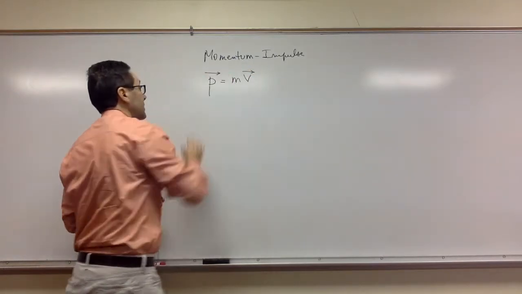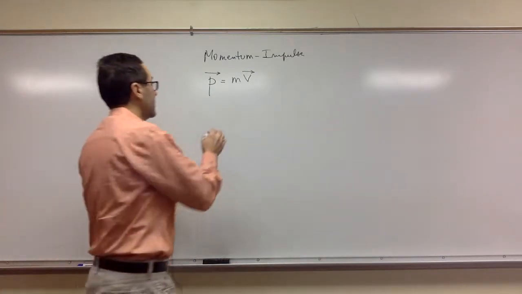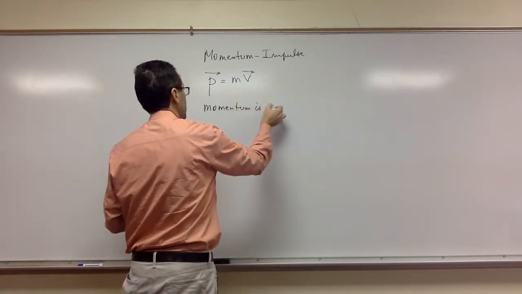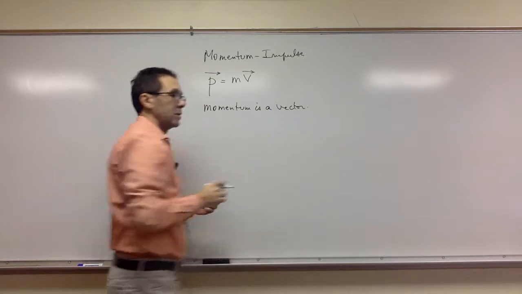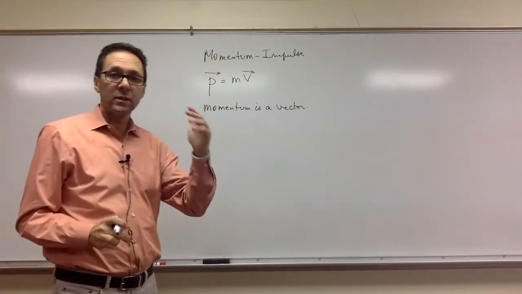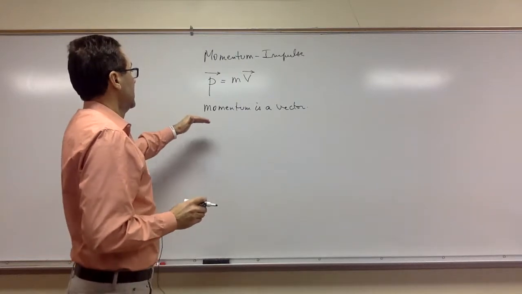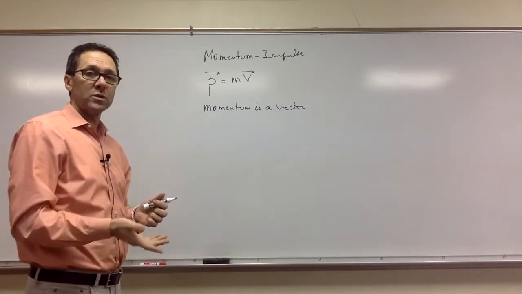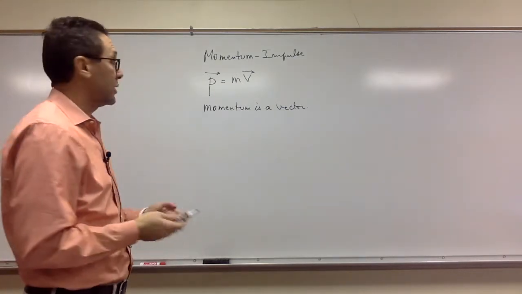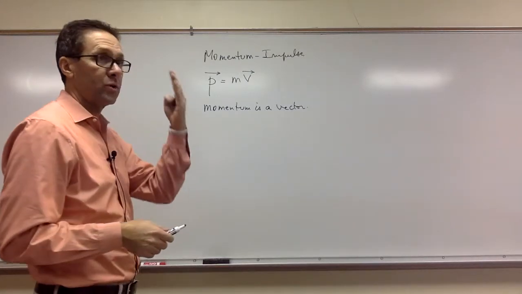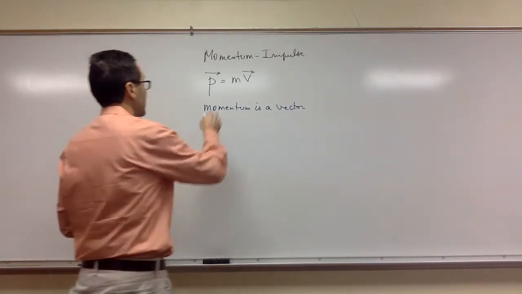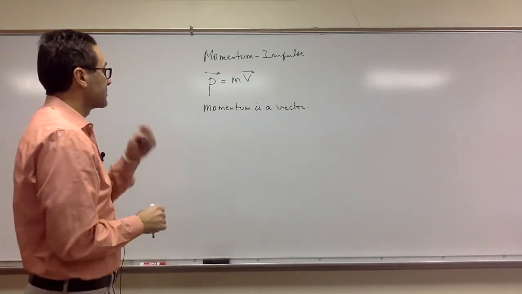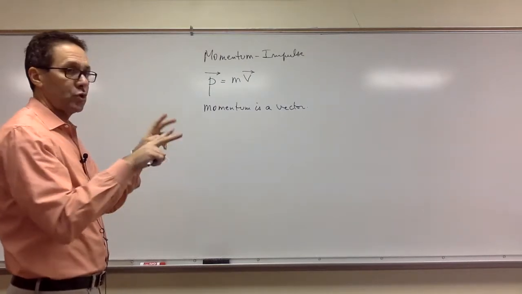Now, we have to understand that momentum is a vector quantity, which means that it has magnitude, and direction is also important. Which means that when we have something going at an angle, we'll be doing momentum in 2 dimensions. You can do momentum in 3 dimensions, but you can pretty much do everything in just 2 dimensions if you choose your plane correctly. So we're going to be dealing with momentum in 1 dimension now, just along the x-axis or the y-axis, it doesn't matter. And then later in the unit, we'll do 2D